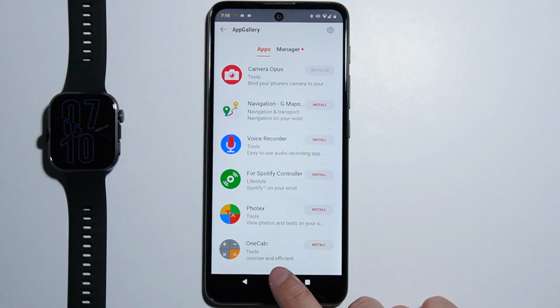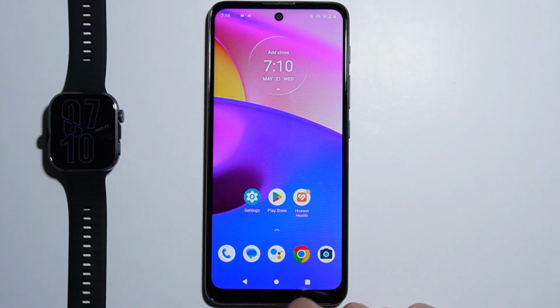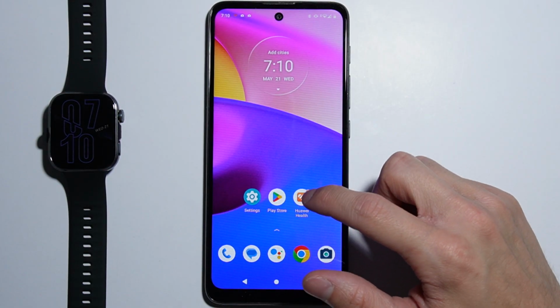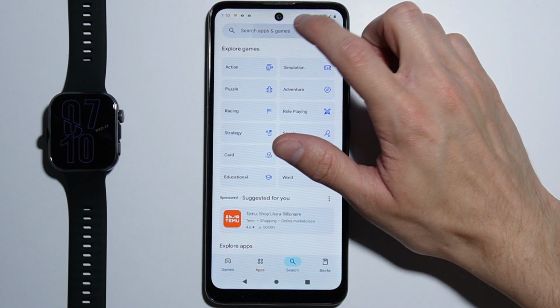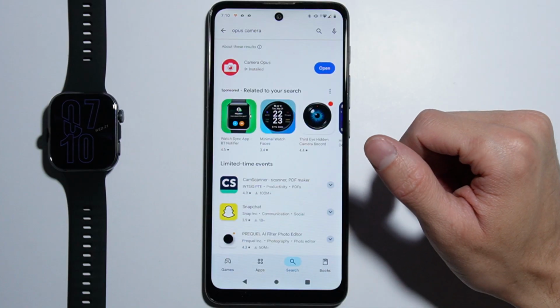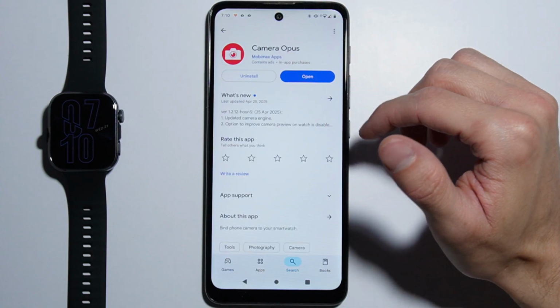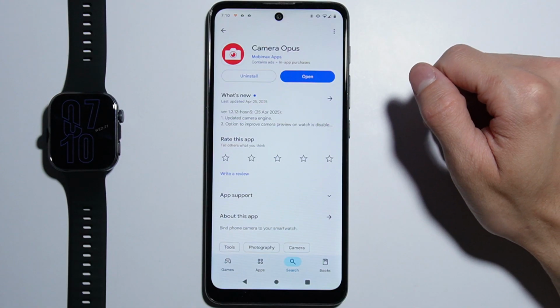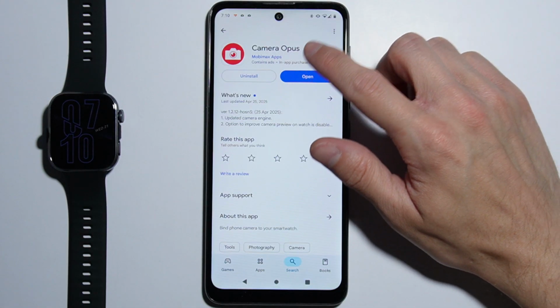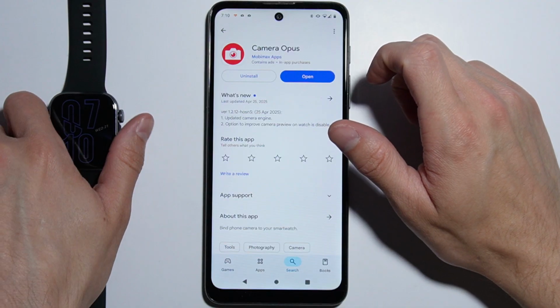While this application is installing, you can go back to the home screen and go into the Google Play Store application, and right here you also have to search for the application Camera Opus and you can find it right here. Also install this application, and after the installation is complete you'll have to open the application on your phone,